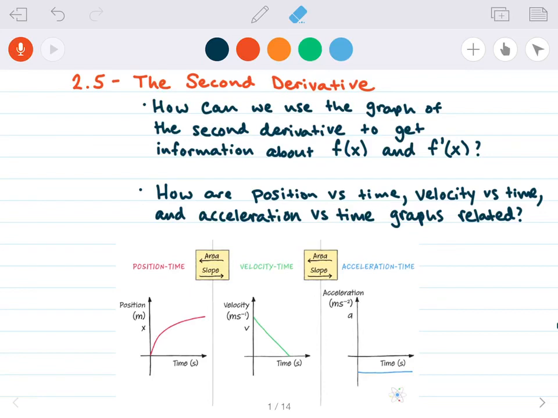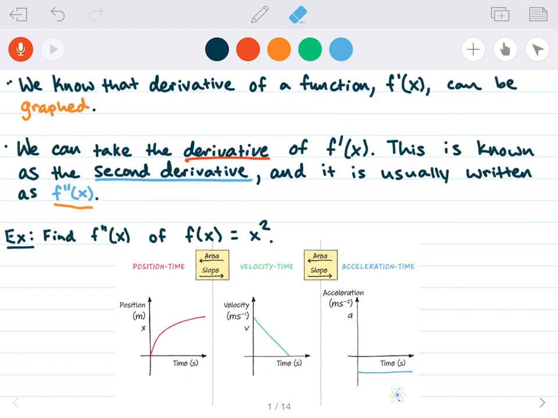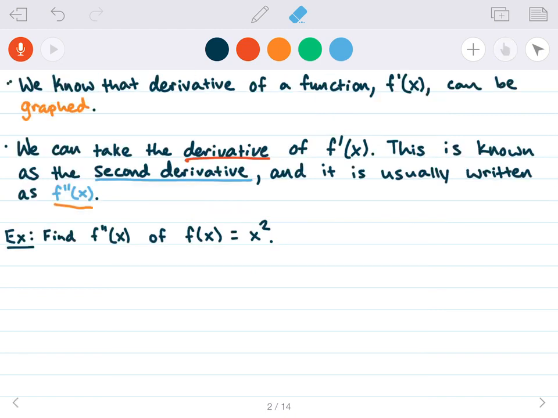Hey guys, in this video, we're going to introduce the second derivative and how it applies to certain notions in physics, such as position, velocity, and acceleration. And this is going to be from Chapter 2, Section 5 in the textbook. Okay, so in the last video, well, a couple of videos ago, we talked about how derivatives can be graphed